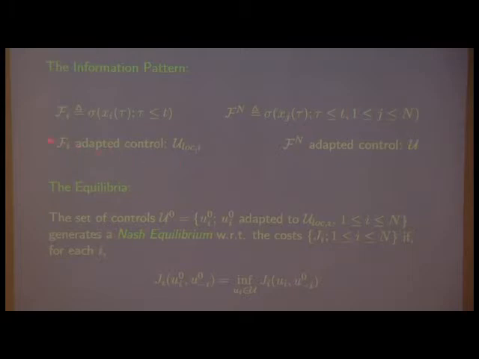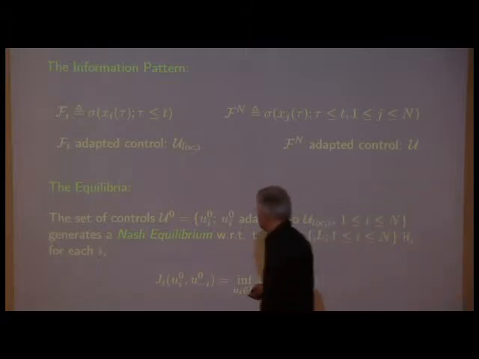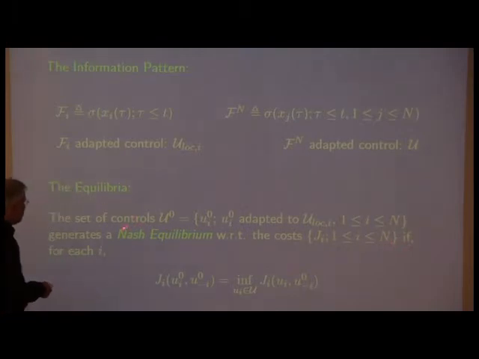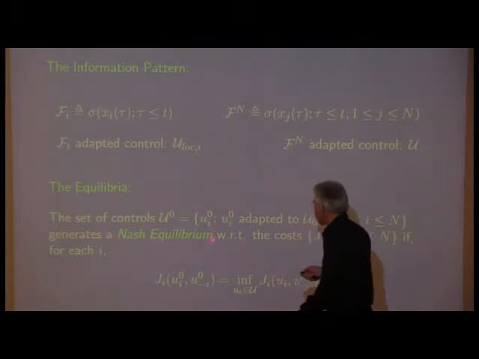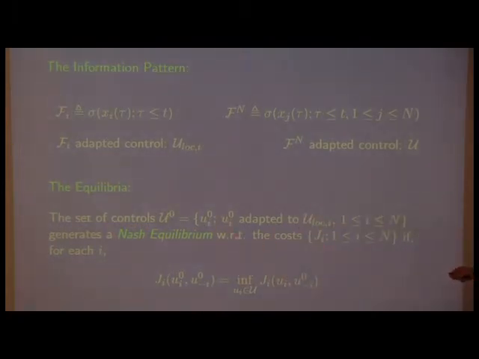And the controls, and this is the information and control aspect, the ith agent's control is going to be only a function of Fi, and F in there is the overarching set of control information. So the equilibrium that we're going to be looking for is to take the set of controls which are going to be, this is a definition that we have a Nash equilibrium with respect to these costs for this set of controls